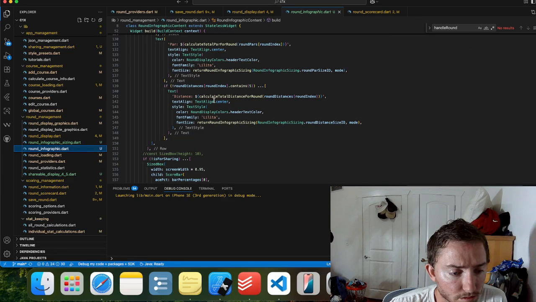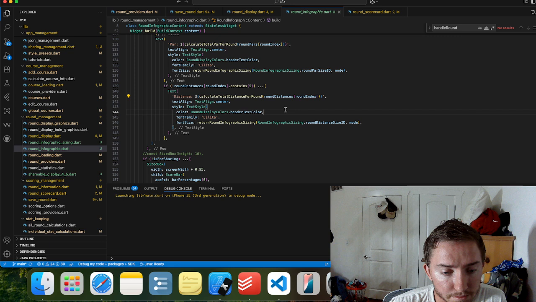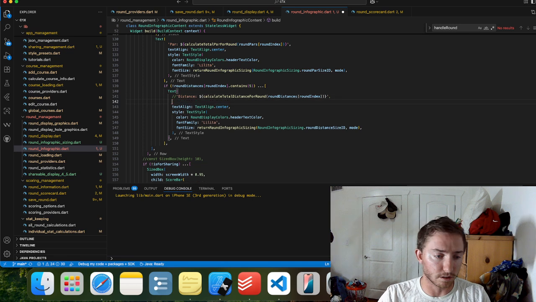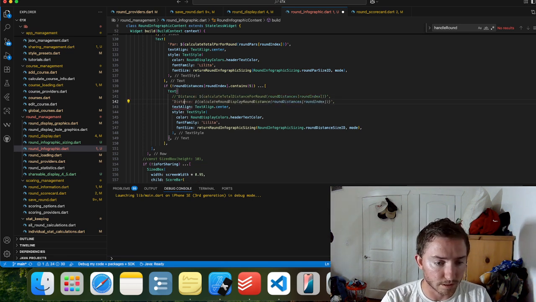Courses, score, calculate total distance for round. So this is where I'm going to want to throw in these conversions. This is the total distance, so distance, convert,